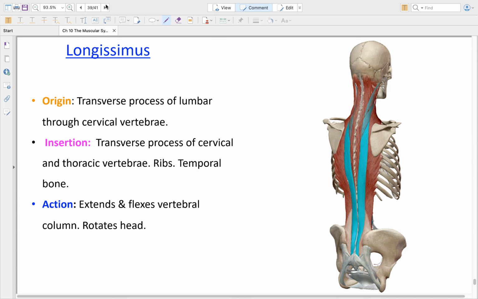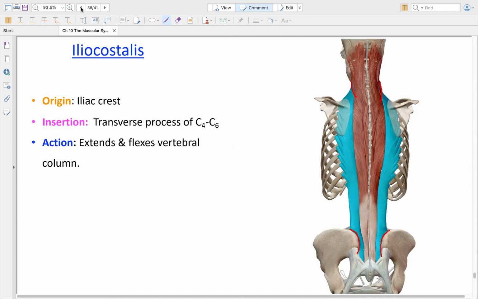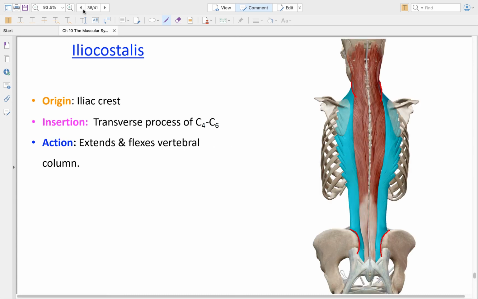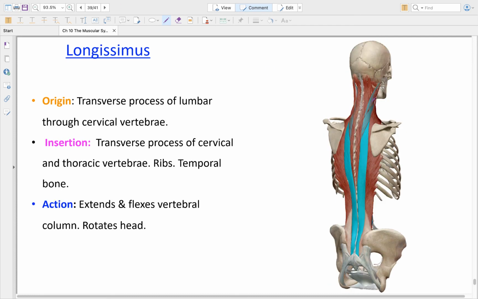Okay, next muscle is the longissimus. Longissimus is inside, or inner to, or medial to the iliocostalis. See how thin that is? The iliocostalis is out here, so the longissimus is medial to it. All right, either way, the origin